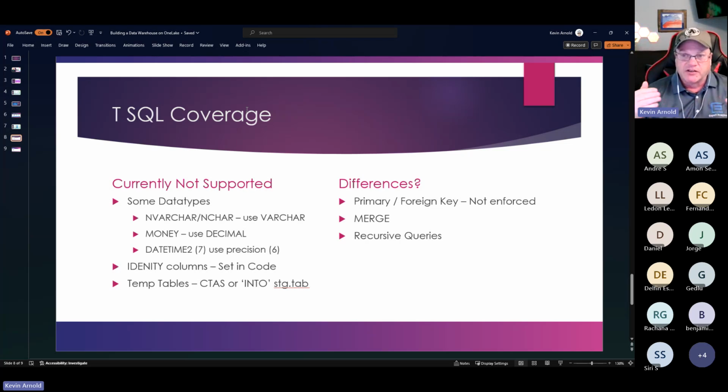I don't know if temp tables are on the map, or how far off that is. I know, like they said, they already have great SQL coverage. They want to get more and more. But some of this gets into play on the architecture that's behind it. The SQL engine here is closer to what we used to have in Azure Synapse Analytics, also known as Parallel Data Warehouse. And because they're trying to make it a massively parallel process, there's some things that it just won't be able to do, or they're going to have to find other ways around it. So anyways, that's my way around it right now, and it's been working. So maybe others will find a different way.